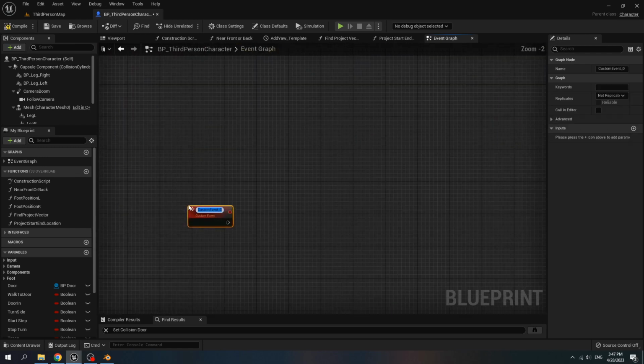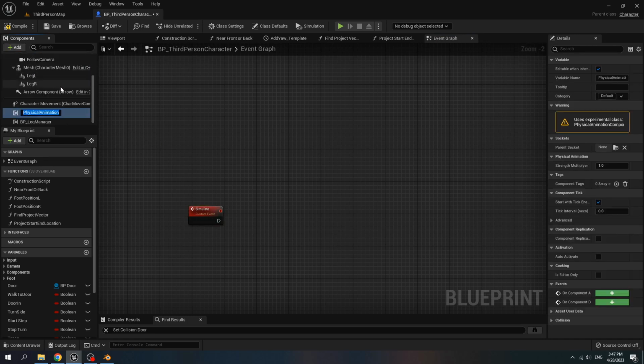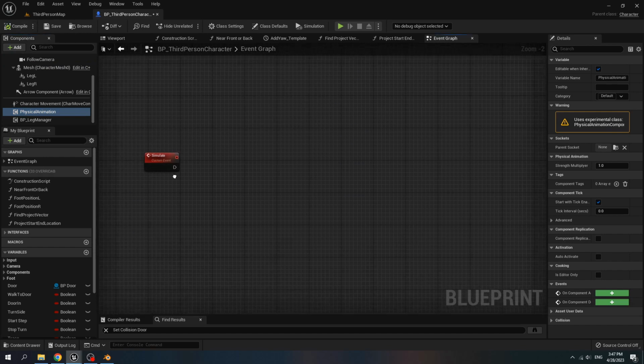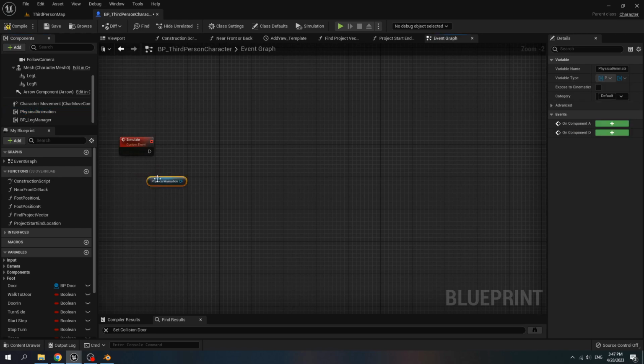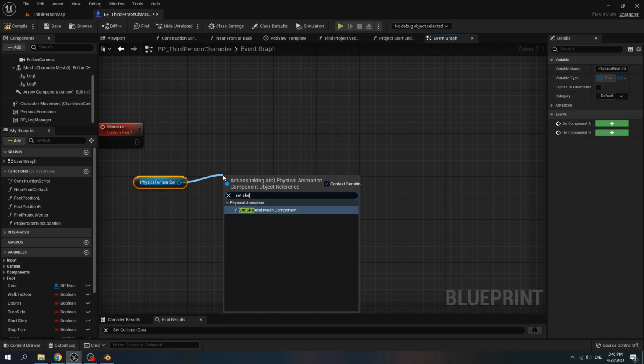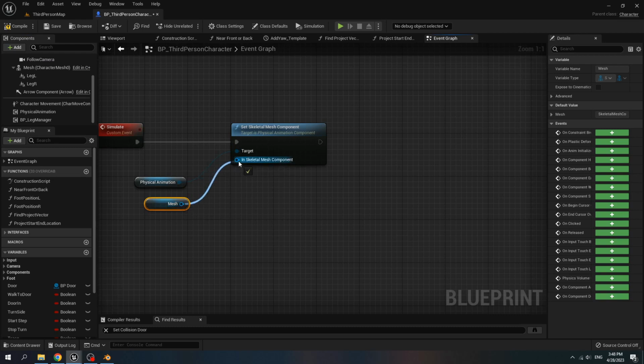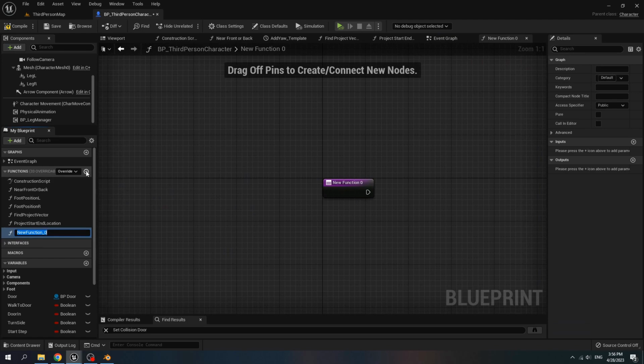Create a custom event and name it simulate. We want to simulate the character using the physical animation component, and compile. When we simulate, get physical animation, call set skeleton mesh component, get mesh, connect it to in skeleton mesh component, add new function,